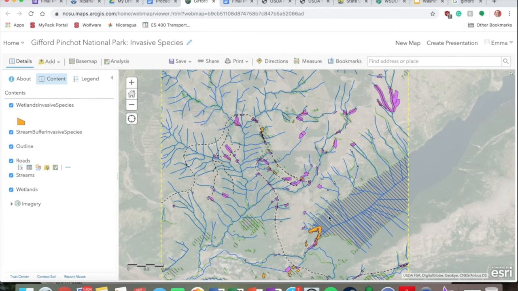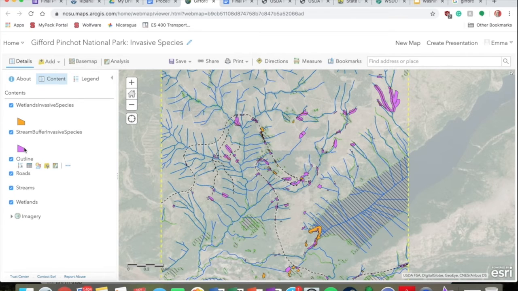Then I intersected my data with the intersect tool. I intersected my wetlands data and my invasive species data to get that information in my orange. And then I intersected my stream buffer and my invasive species locations to get the pink,